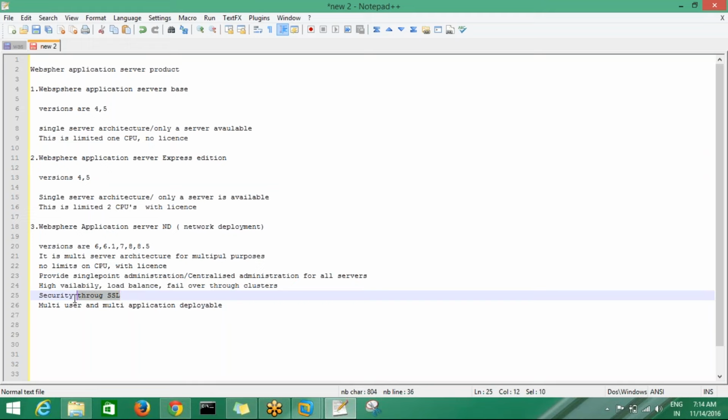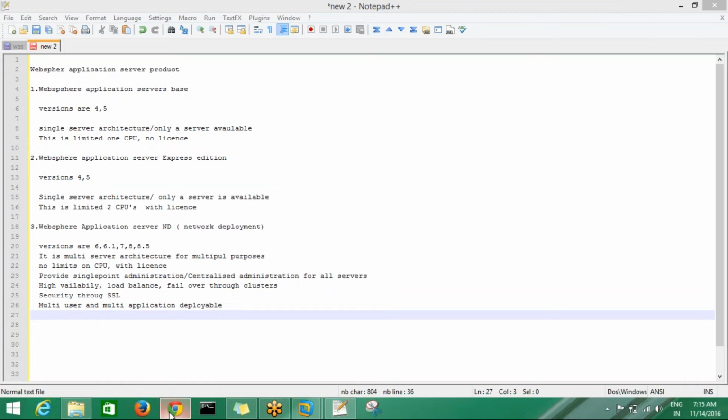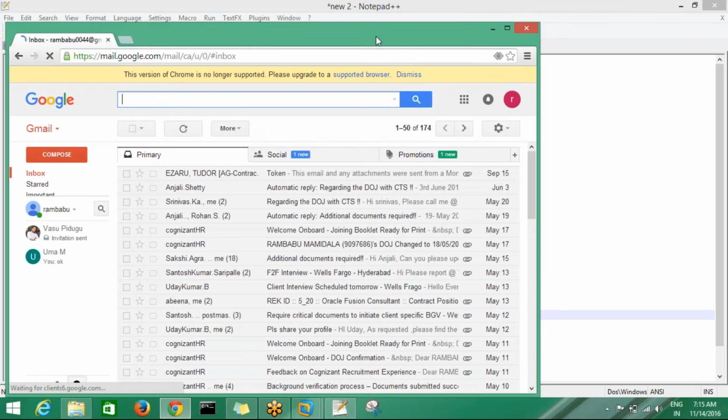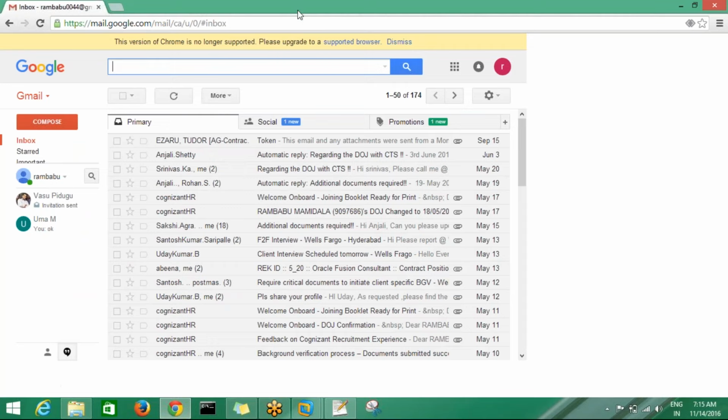And security through SSL. That means we enable the security for the deployed applications. I think you have observed some applications having SSL security. See this, my Gmail, HTTPS. That means this is a secure application.